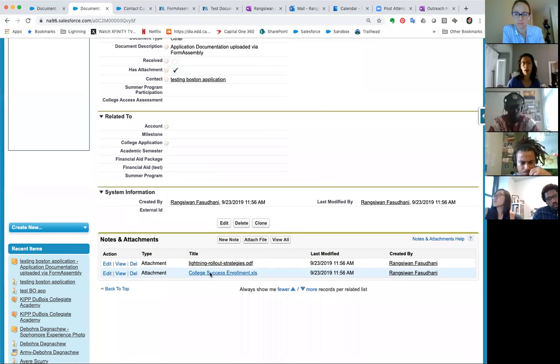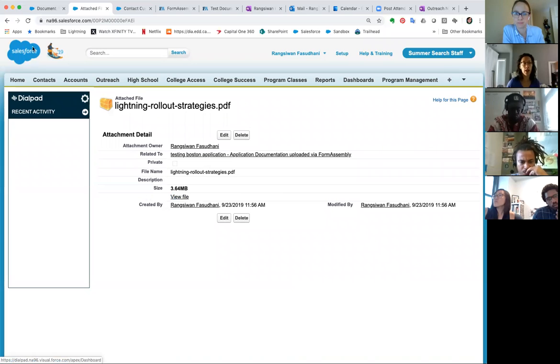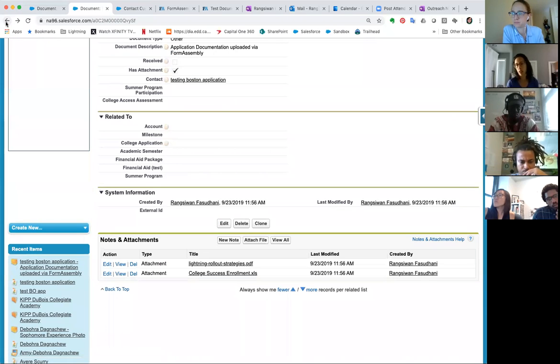living in here. And then from here, you will click on it to look at it to make sure it's the right thing. And then after that, you go back to the contact record and mark that it's been received if it's the right piece. Like we mentioned before, we didn't want to make this an automatic checkbox of yes, we got their income documentation or their academic documentation, because I'm sure you've probably all experienced that sometimes they don't give you the right thing, or there needs to be more submitted besides just the one form. So this is the place where you'll have to do the manual update of the student record